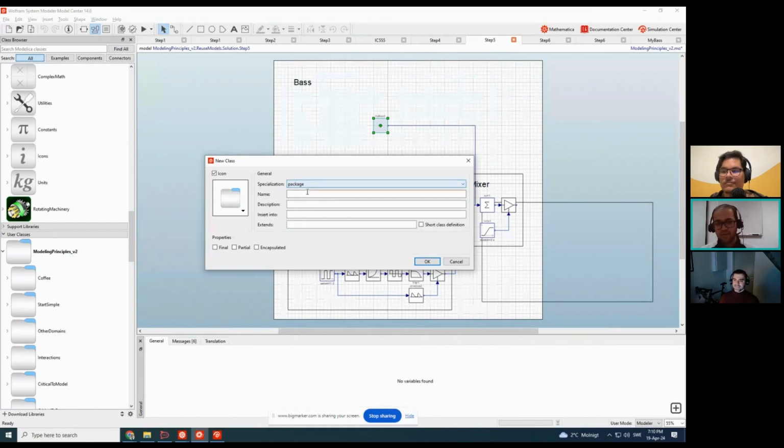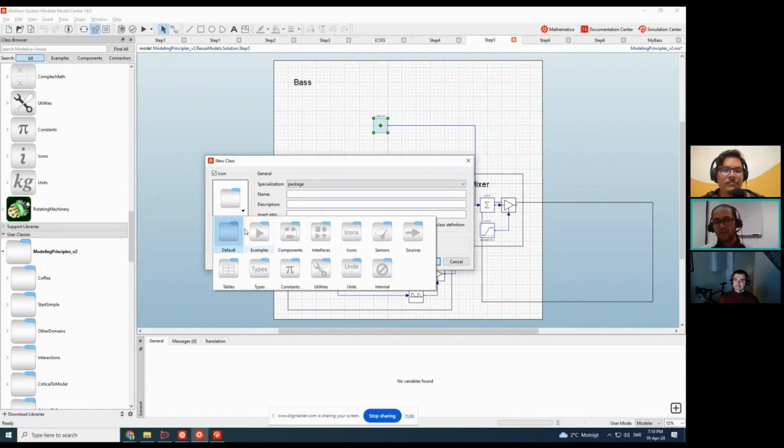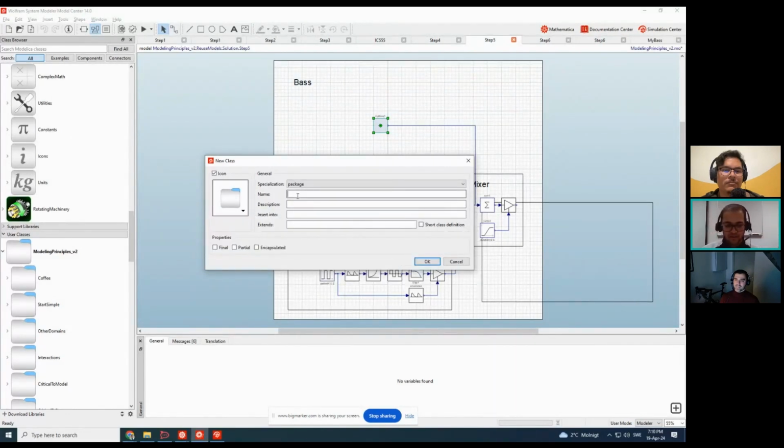So once we select the package specialization, you could see the icon has changed to a package structure, and then you can also choose between different types of icons here, right? For now, let's take the default icon and then give it a name,